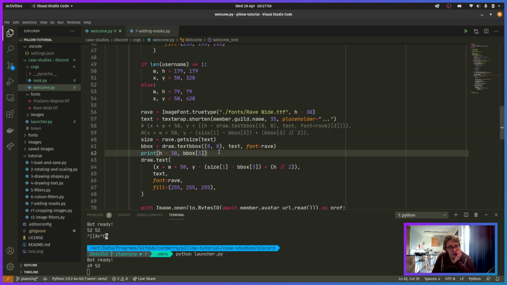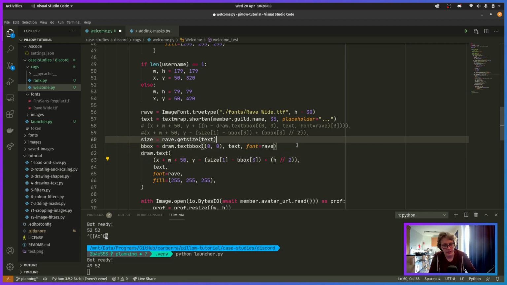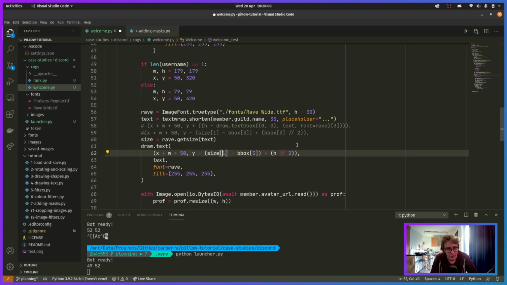Oh, fantastic. So in theory we don't actually need the B box then. We just use the size 1